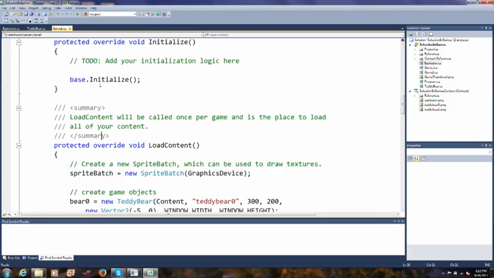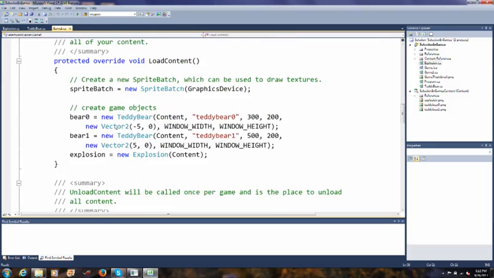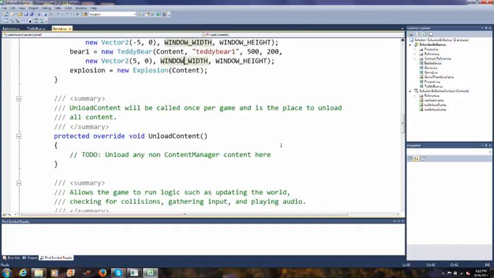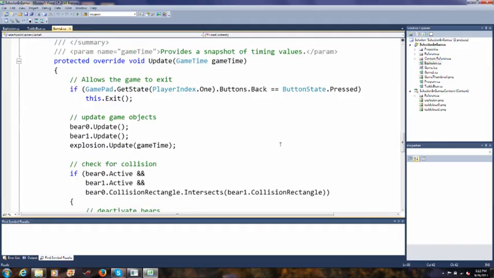So zooming in. And by the way, here's where I created those game objects. Notice that I used the other teddy bear constructor overload where I get to provide a velocity. Otherwise, we have two teddy bears with random velocities and we watch them for a long time potentially before they finally run into each other and explode. And I wanted that gratification as quickly as possible. Okay, so in update,